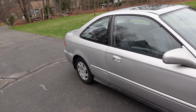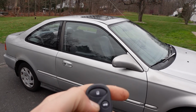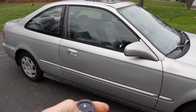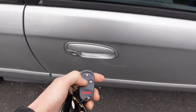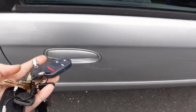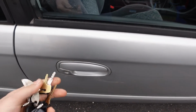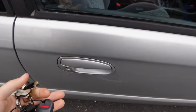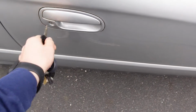It's nice. It has keyless entry. It's an EX, which works sometimes. I gotta hit the button sometimes 100 times. It unlocked the other side. There's something wrong. Maybe you guys will know what's wrong, but I heard something about a broken wire in the door. I gotta try to fix keyless entry. Got too many cars, too many keys. But this thing's been